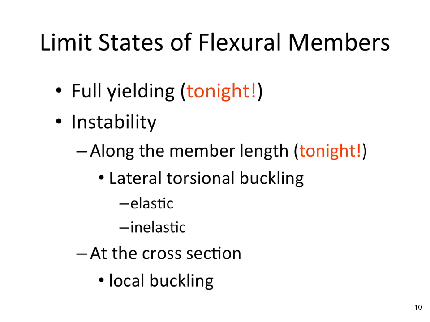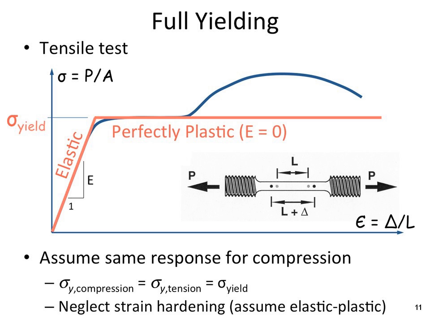So let's have a look at full yielding. To begin with, I showed this slide in session 1. All the way back to basics, we do a tension test, and we plot stress versus strain. And sort of showing two curves here. The blue curve is the more realistic curve. Well, everything would be nice and linear at first. We would eventually yield the material. We'd have some form of a yield plateau. And then we get some strain hardening, and the strain hardening would eventually reach an ultimate strength,